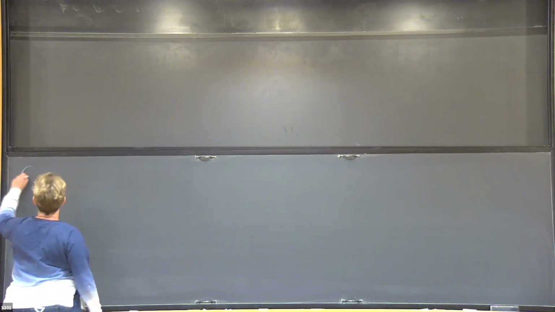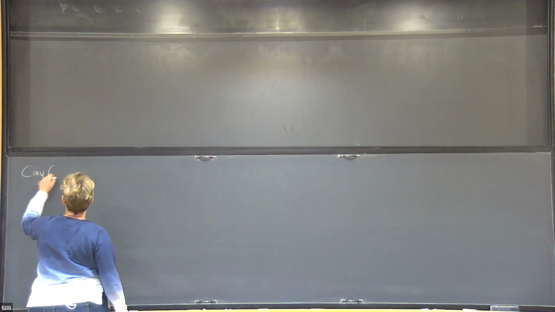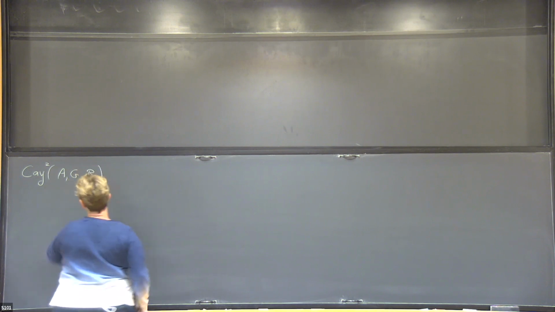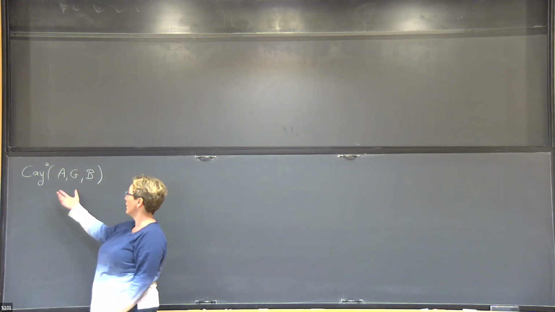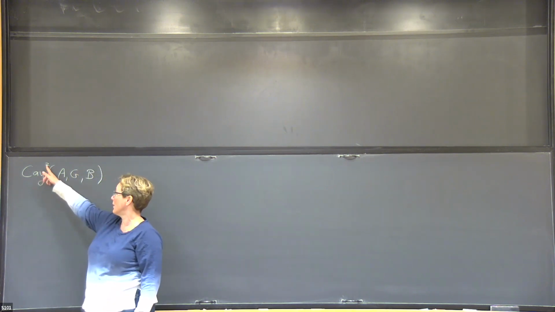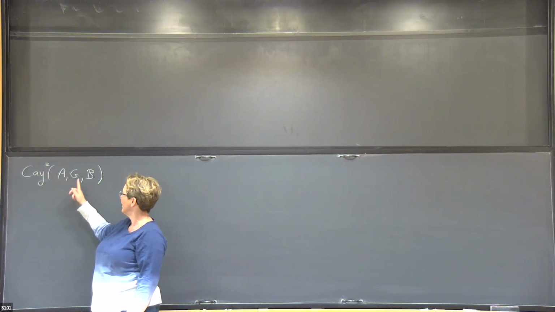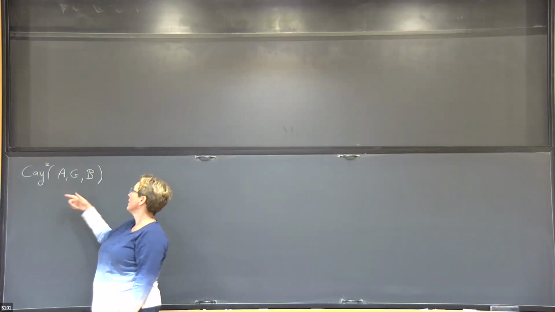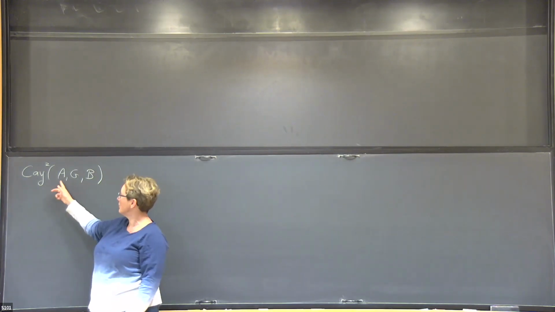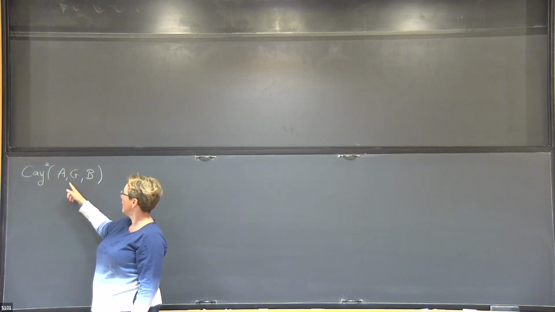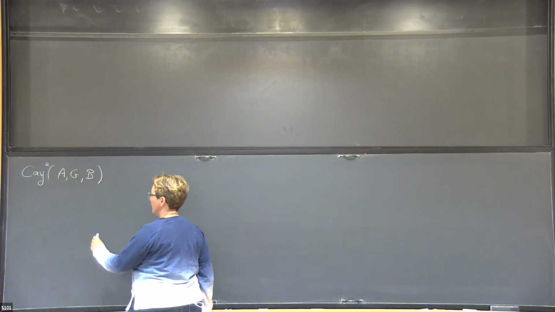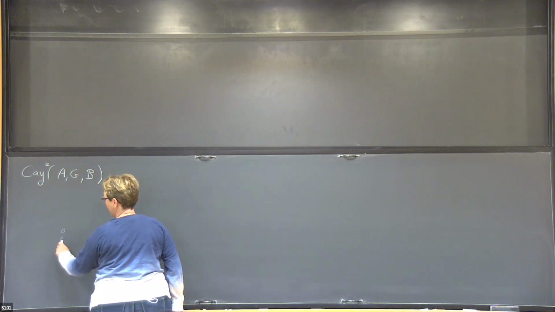I'm going to remind the construction we had yesterday. So we have this object. This is the notation we have so far. It's a Cayley square complex with three things. G is a group. A and B are subsets of the group, closed under inverses, and they don't contain the identity element. And then this gives you this graph with squares where you have a vertex for every group element,